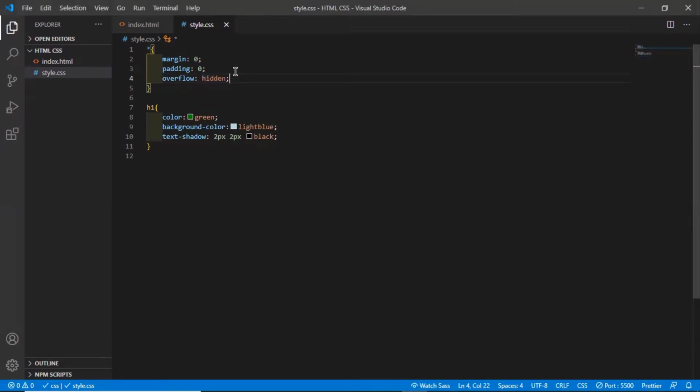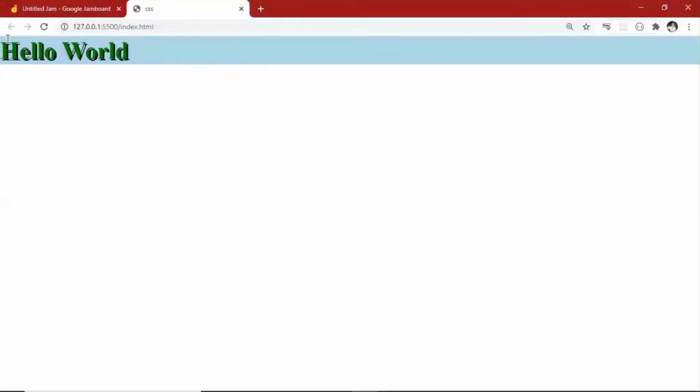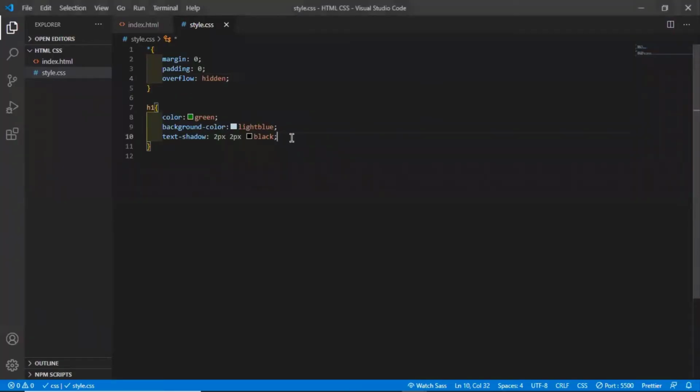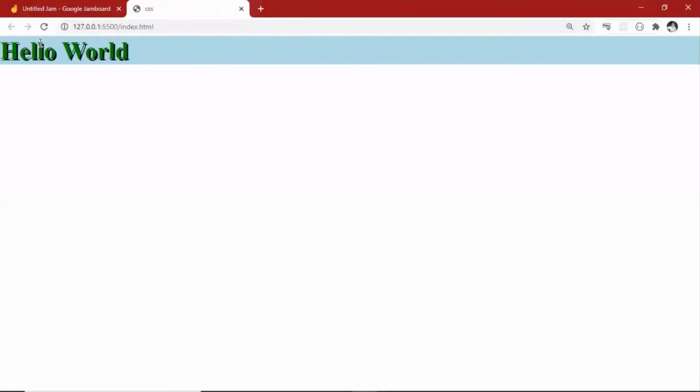Fine. So see the changes. Now you see the extra margin and padding which was there went away. Now in this way you will be able to understand the difference between margin and padding. See what happens when I give a margin.